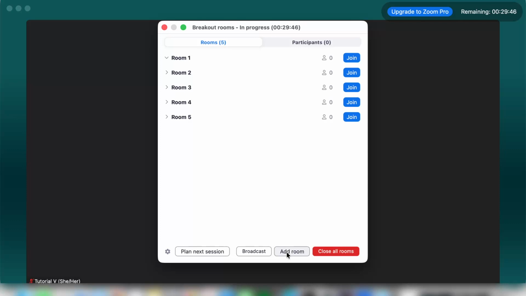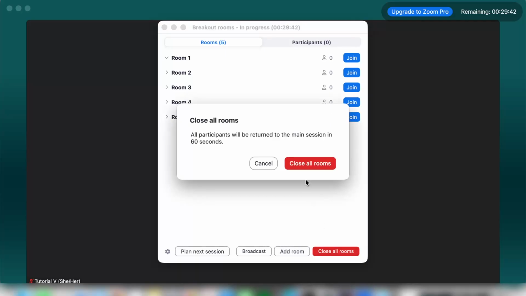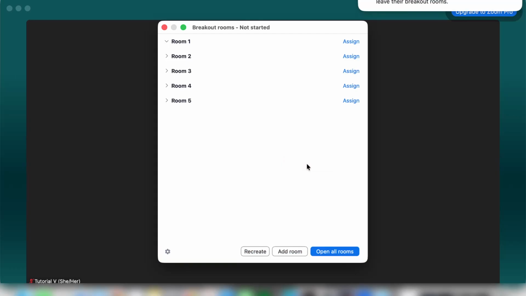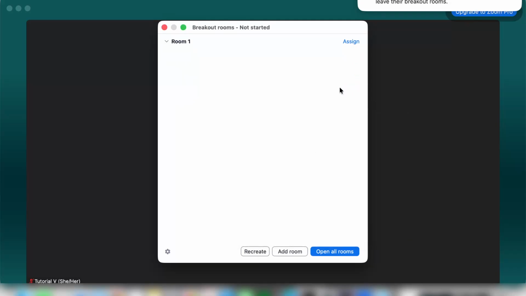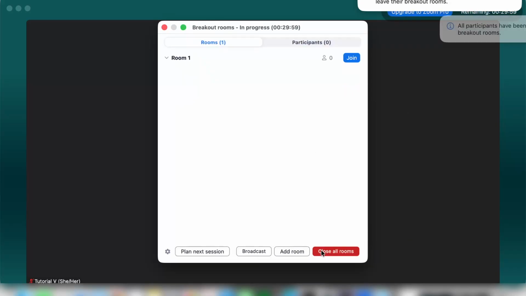Usually, participants are automatically redirected back to the main room after a countdown of about 60 seconds. This time allows participants to wrap up any final discussions and prepare to rejoin the larger group. And that's it. You have successfully closed all breakout rooms in your Zoom meeting, seamlessly transitioning back to your main session. Remember, mastering these settings can greatly enhance your capacity to host smooth and effective meetings, ensuring that all your